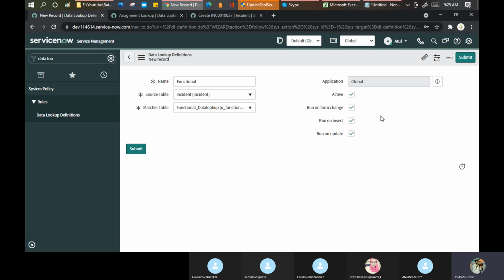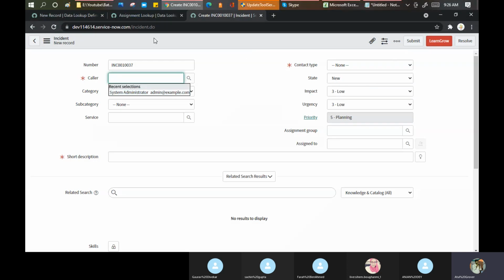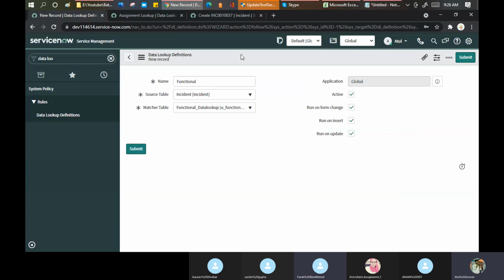If your parents are going outside, maybe for some function for 3 or 4 days, they tell everyone, in case you want some help, Farah is at home, you can call her. Okay. So it means the form is changing, just loading the form at that point of time, and everyone is redirected to you. Update means I am opening a record which already exists, and then I am updating my records there. Okay. So these are the differences.